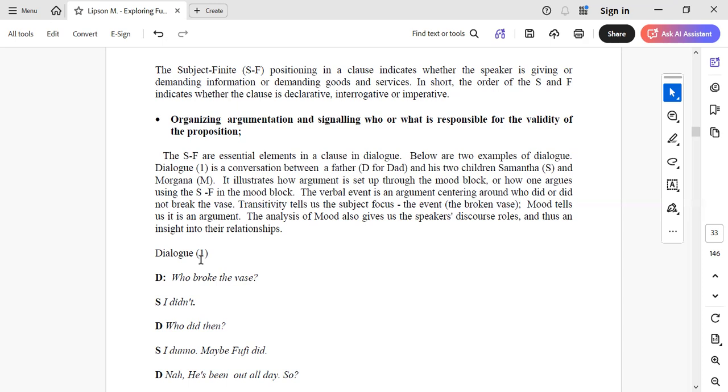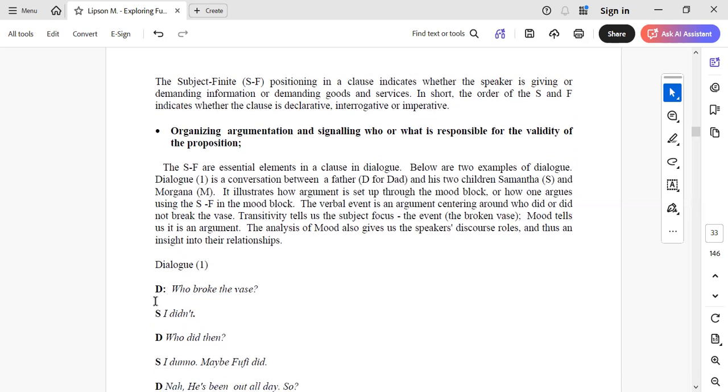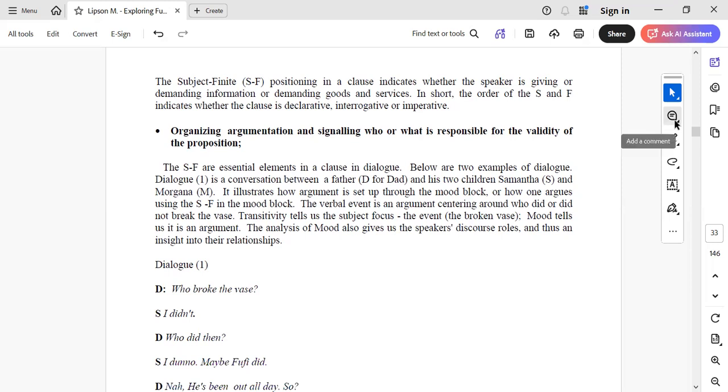Is the word order, subject, verb order, the normal one or different? Sir, different, because we do not have subject first, but we have verb first after the question. I'm talking about this one, I didn't. It has a subject and the verb, but does not have the object. But object is not mandatory, right? So we have to focus on the order, keeping in mind subject and the finite, right? So the subject and finite are in the normal positions or not?